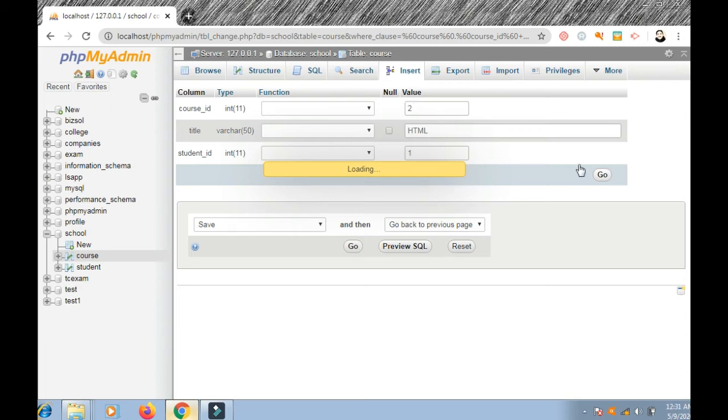Okay, there is some JavaScript problem in this browser, so that is why it is loading. It is not loading. So it is still loading.